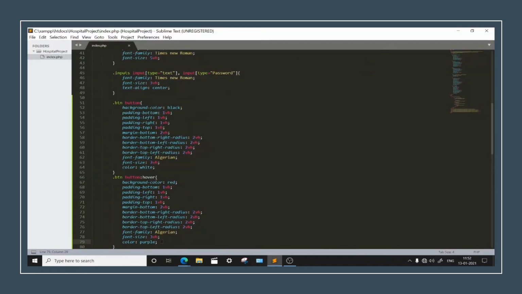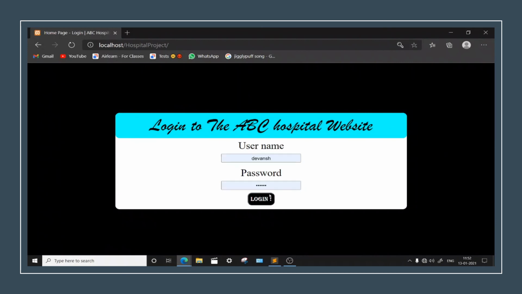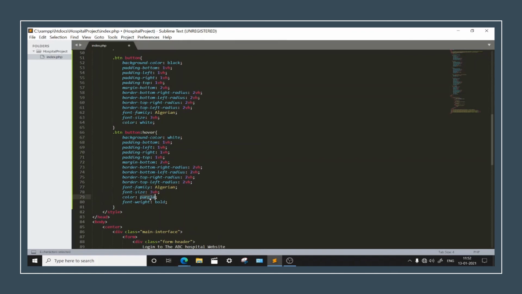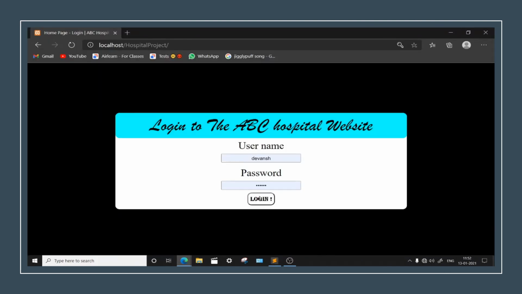Also, you can do one more thing, that is this font weight. Font weight should be kept bold. So what this will do is the letters will become thicker by themselves. Alright. Fine. So I will give this background color as white, and this one black. I like this thing. Fine. Okay, so now we have done the whole program.